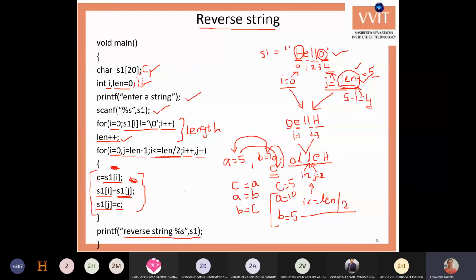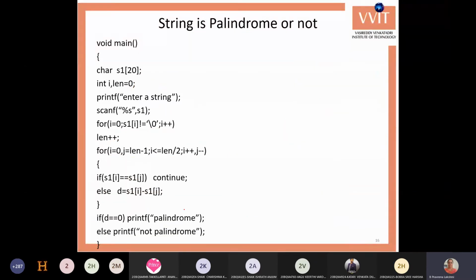So reverse string is over. Next we will check whether the string is a palindrome or not. It is an extension of the reverse of a string. Say, for example, if the string is madam, if you reverse the string, you'll get the same string.